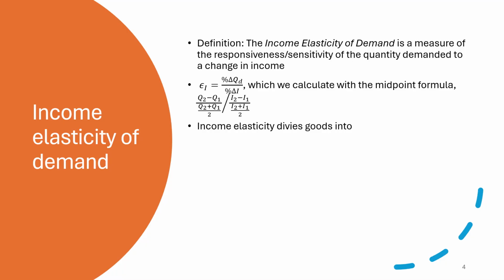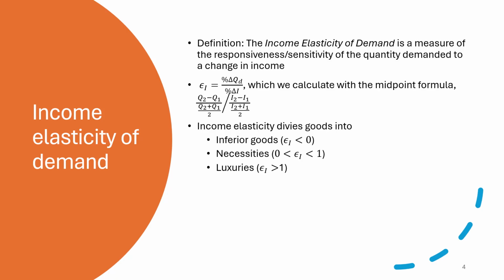This income elasticity is going to divide goods into 3 groups. They're going to be inferior goods. These are goods for which the income elasticity of demand is less than 0. So as income goes up, quantity demanded is going to go down. Necessities are goods with an income elasticity of demand between 0 and 1. So as income goes up, quantity demanded goes up as well, but not as much. You can think about things like food, right? As your income goes up, your quantity demanded of food will go up as well, but maybe not as much